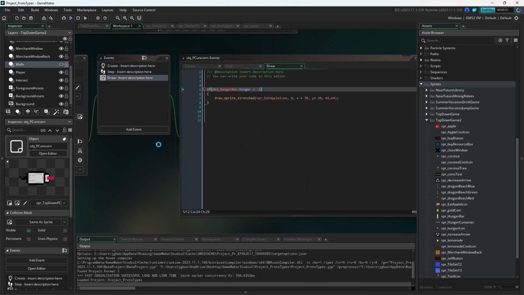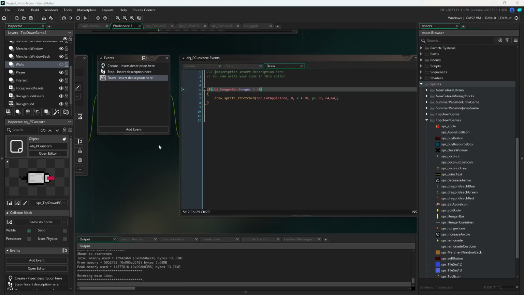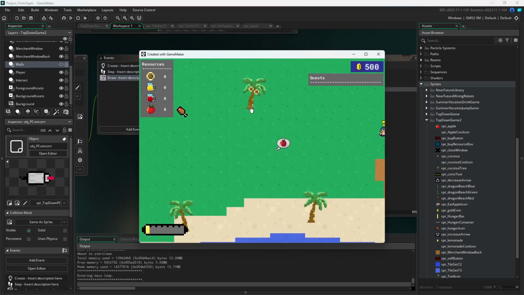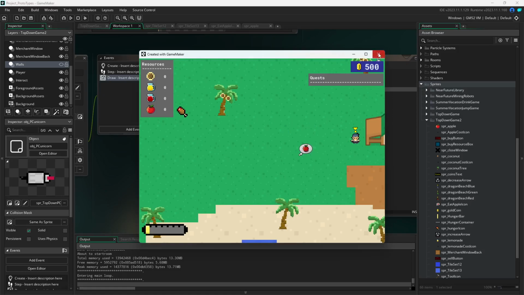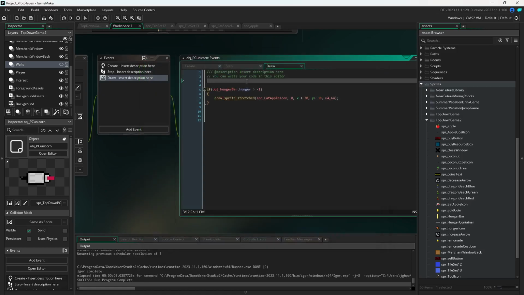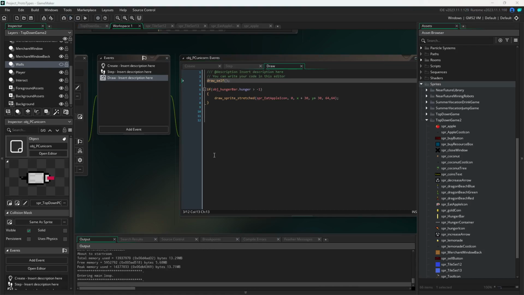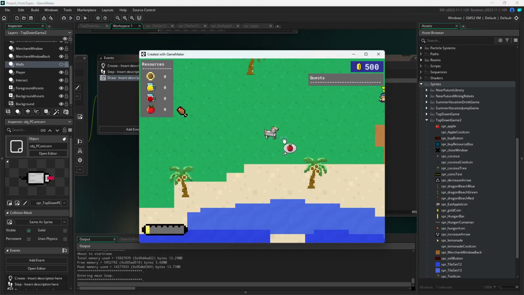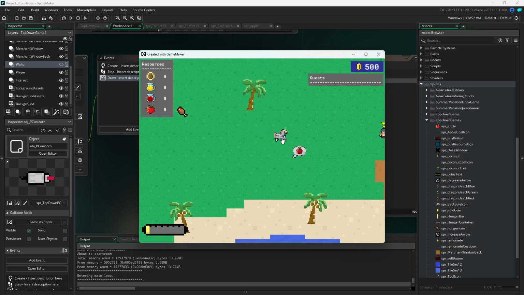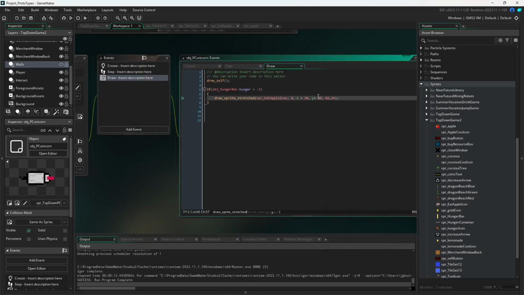All right, let's just see what it looks like. Oh, right. I mean, hey, you saw it. But we need to say draw self. Always remember to do draw self when you have a sprite and you want to add the draw function. There we go. So I forgot that. Okay, so X. Honestly, the X is good. The Y needs to be like